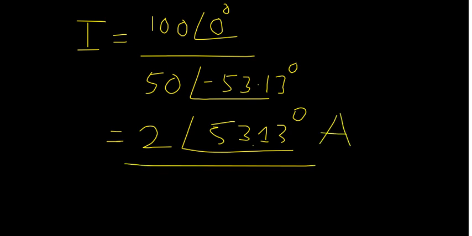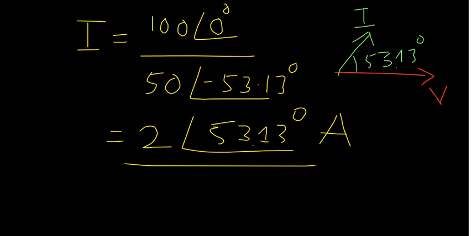Now this should be right because my V is somewhere here. We have already seen the phasor diagram. The current with respect to this will always have an angle something like this. This angle is 53.13, and this is the current vector. So this is how you should get the value of the current, and here whatever is done in this problem